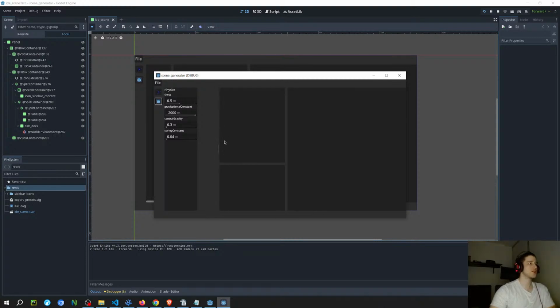But I think for resizing, I'm gonna have to study the file system. So once I implement the file system, I'm probably gonna change the way that I'm doing this thing here